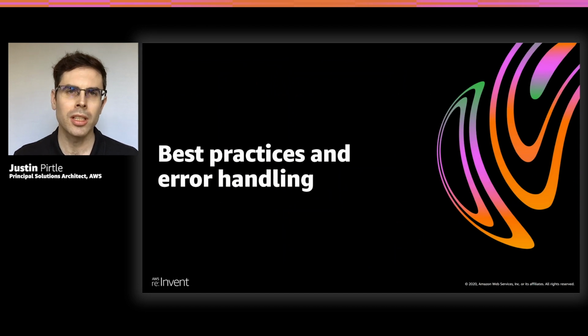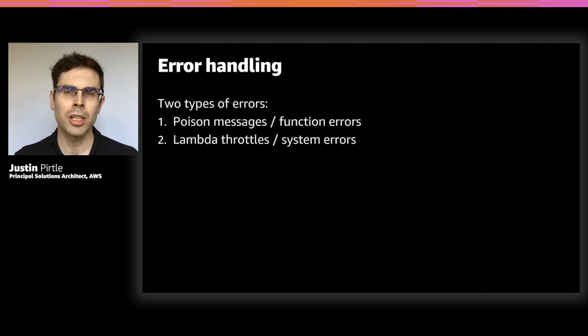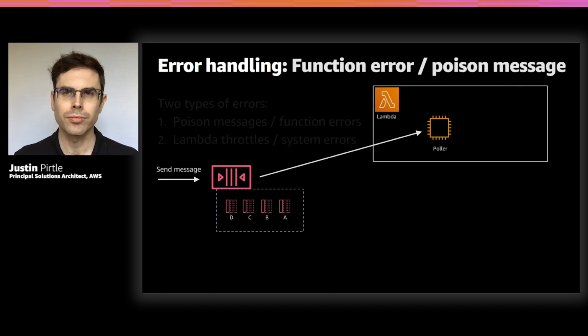Now that you've seen an application end-to-end and all of these semantics on processing, I want to take you deeper into best practices and potential error conditions that you want to be mindful about. There are two types of errors that you should be conscious of. One is an unexpected event that cannot be processed by your code without throwing an exception. This is what we refer to as poison messages. And this would cause your error to occur inside your function, throwing the exception inside your code. Now additionally, we have system level errors, particularly things that should be expected, like Lambda throttles. So let's take a look at each in our various scenarios.